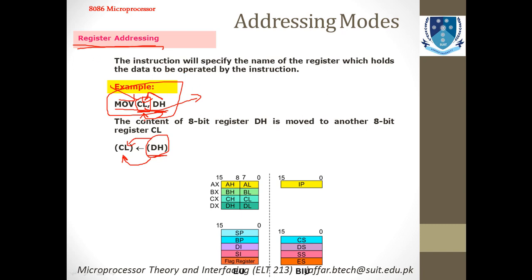I repeat again, the content which will be mentioned in the instruction will be directly moved to the data or added to the data. It depends upon the operand, which operand you are applying. So the instruction here is move. If you have moved the data, this data will be directly moved into the register that is assigned or addressed. So you have addressed the register actually. That is why this is known as register addressing.